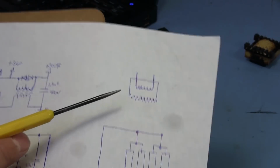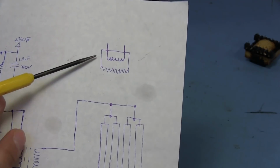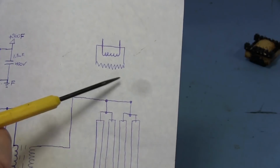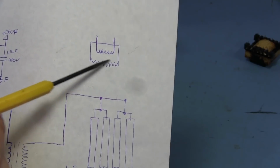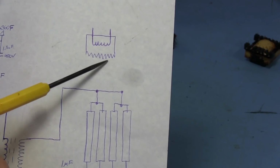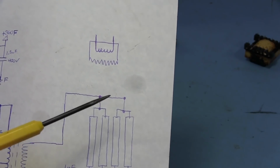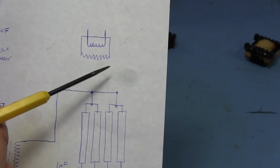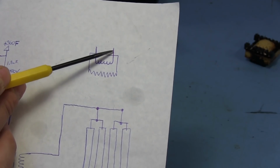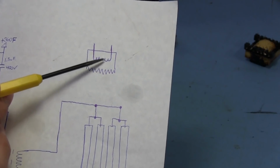And in a regular fluorescent lamp like this, say this was the lamp here, I just shortened it here. This is not a resistor. This is just supposed to be the end of the lamp. I just say that it's supposed to continue. This is technically supposed to be glass, but I just realized that now it looks like a resistor, and it's not. So we have 2 wires or 2 terminals at the end of each lamp, and that goes